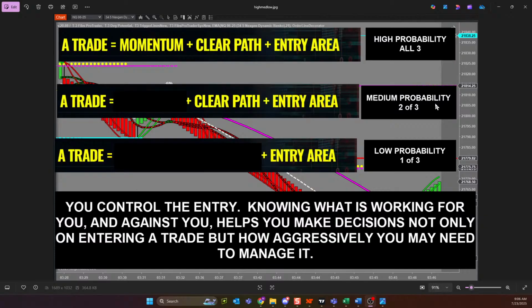These are what we call medium probability trades. These trades need to be managed a little more assertively. These trades need you to find profits quick, get to break even, because it's just not perfect. It doesn't fit the mold for perfect. And then when you start seeing 2, 3, when the advantages go away beyond just one, guys, it's low probability.